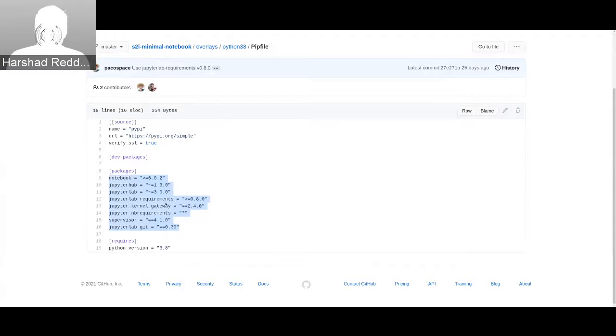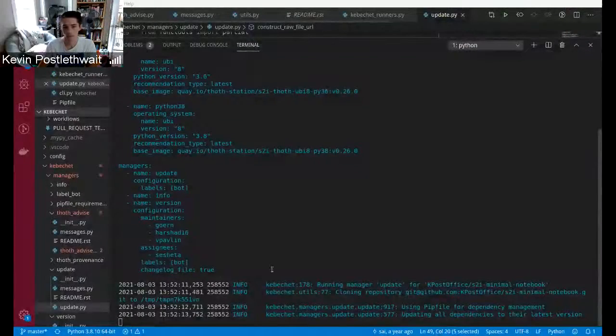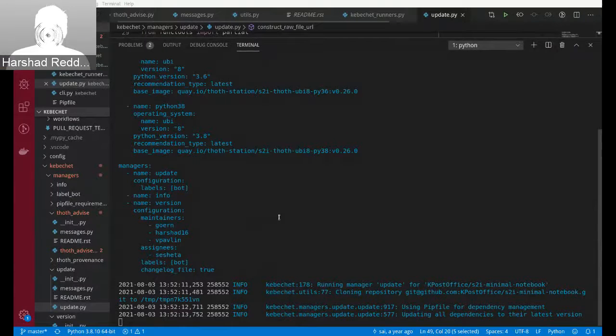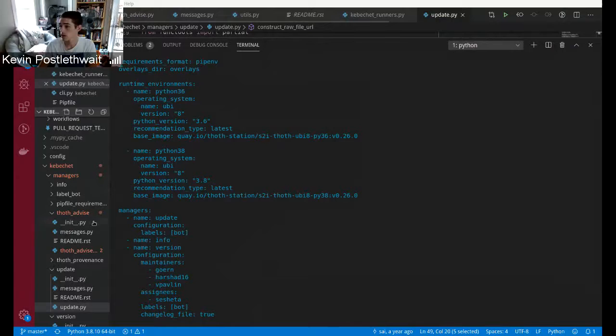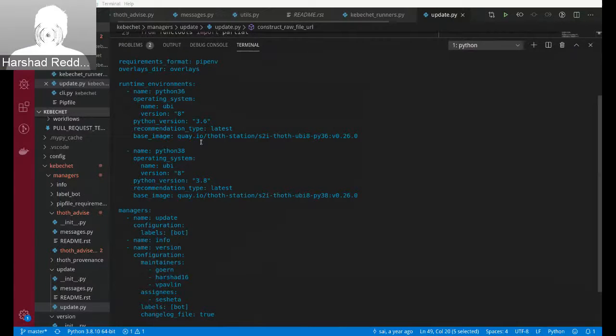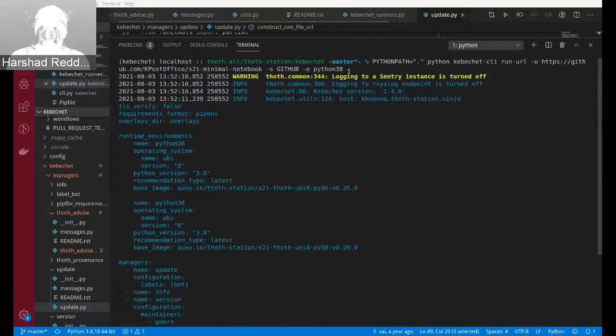Can you show the terminal? Yeah, I can show the terminal. Let me push that back. So it is taking the name based on the Thoth.yaml file. Yeah, so you pass